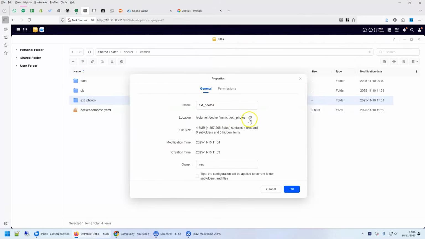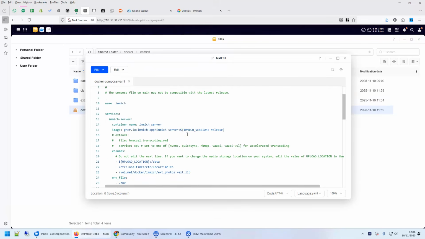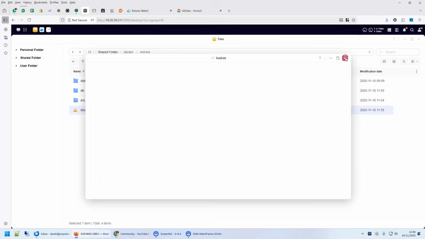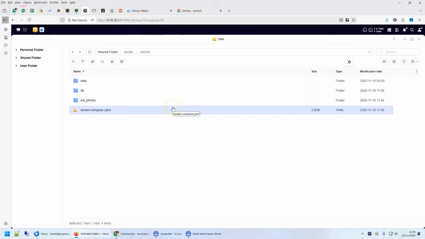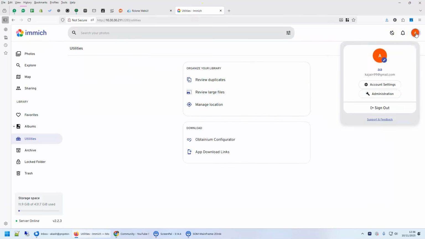This is my external library. I've copied this path. This path I want to mount here. Okay, so in this I've said that this path is to be mounted to this path. So my Immich will have extlib as a shortcut to this volume. All right, so let's close it, create your Immich again. You can see the previous video on how to do that, and once this is done, we go to